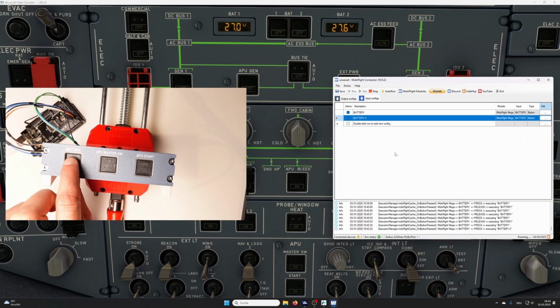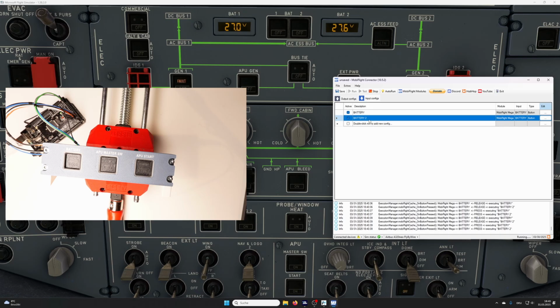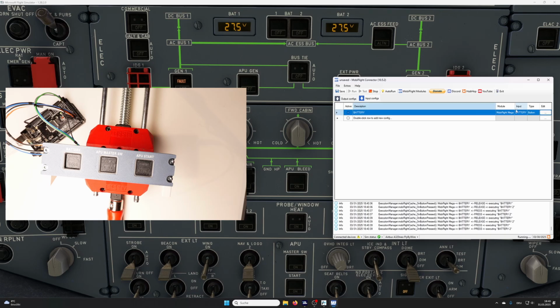And now both of the switches are toggling when I'm pressing the switch. The second way to do this, to trigger both of the battery switches, I delete this row, just go into the edit,